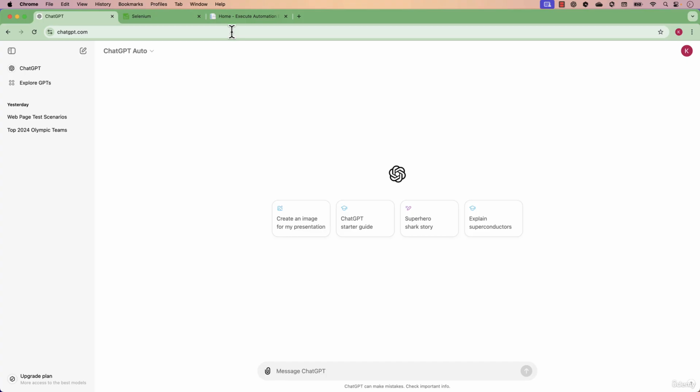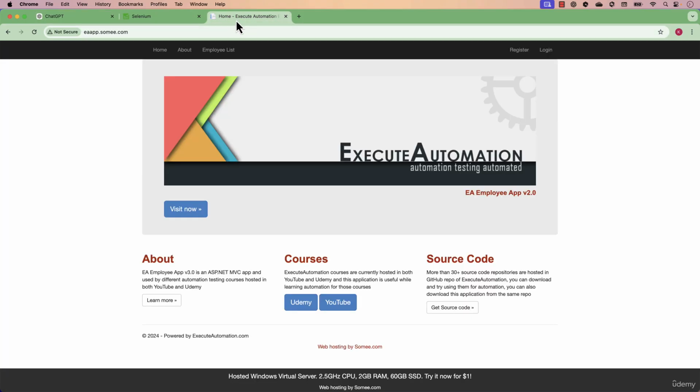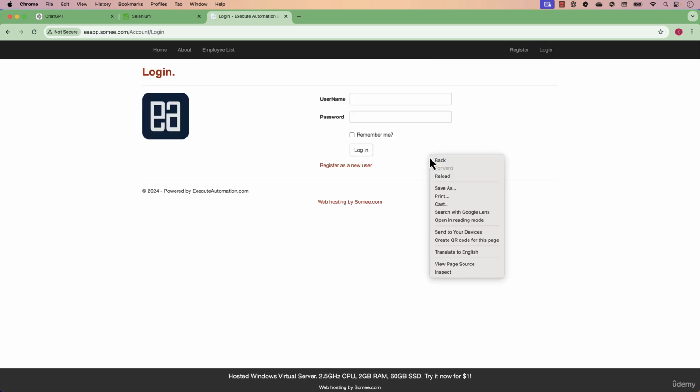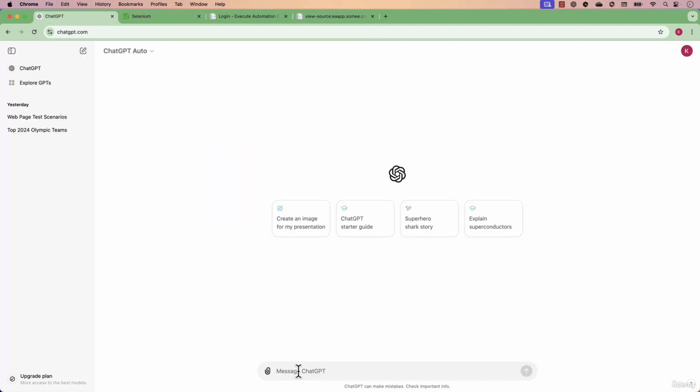You know how it did for the manual testing. I'm going to do the exact same thing for the automation as well. So the first thing I'm going to do is obviously the page web scraping. I'm going to inspect or view the page source and copy it. I'm going to go to ChatGPT and ask here, can you write the page object model code for the page